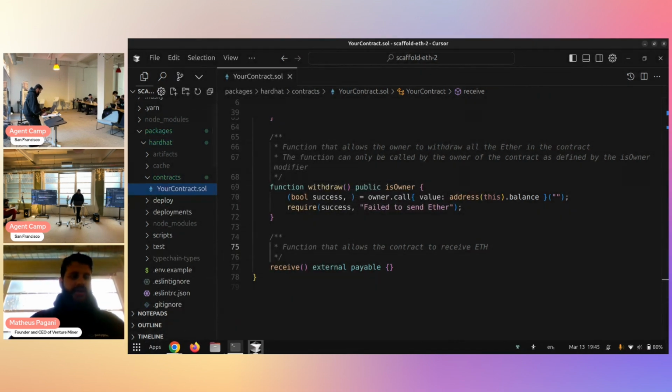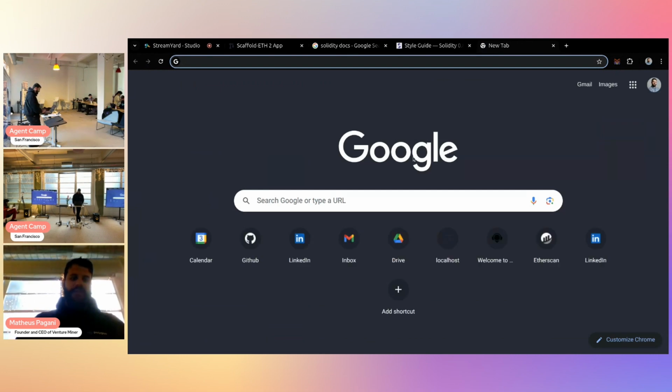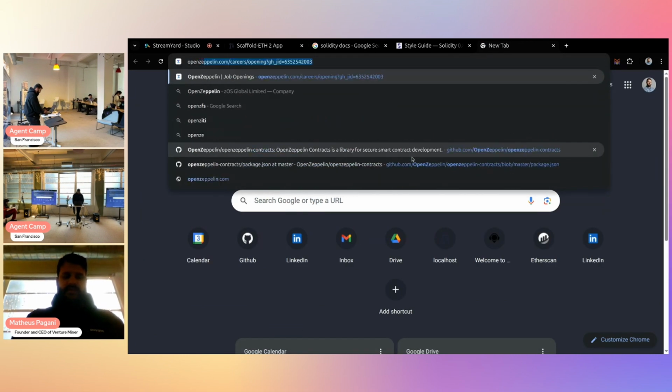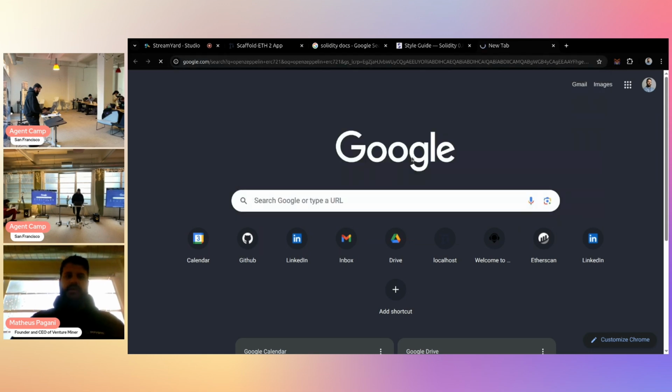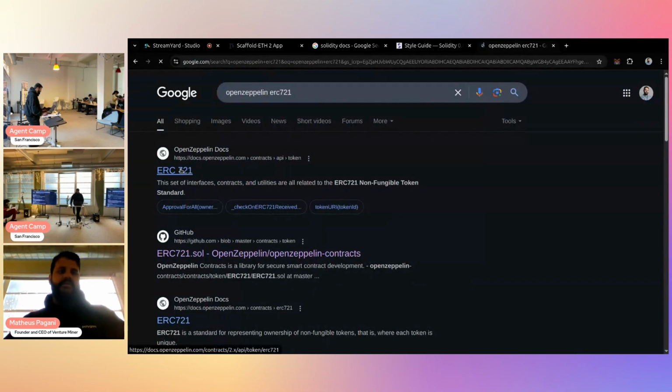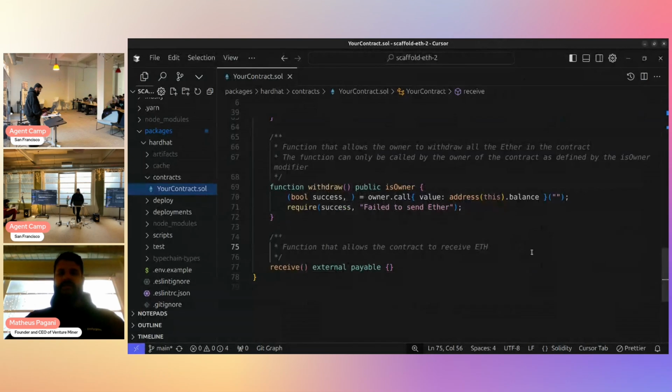Allowed to shame AI live. It didn't get it correct. Actually, it was my fault. I'm going to pick OpenZeppelin, and I'm going to pick the ERC 721 page to give that as context for the AI. The more context that I give, the better. So now let me ask the same thing again.